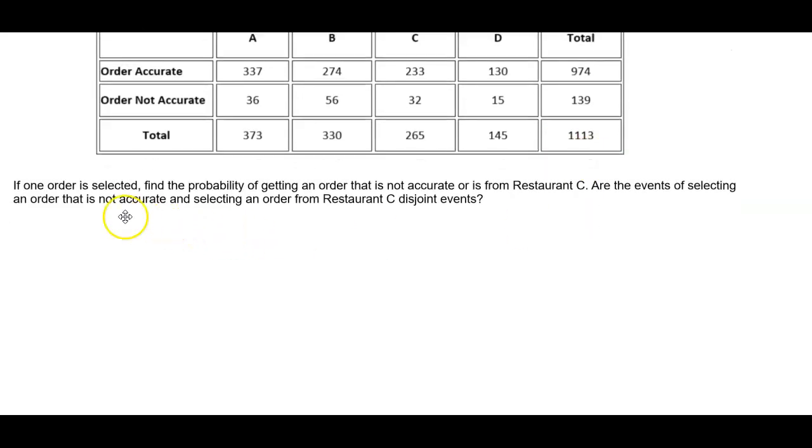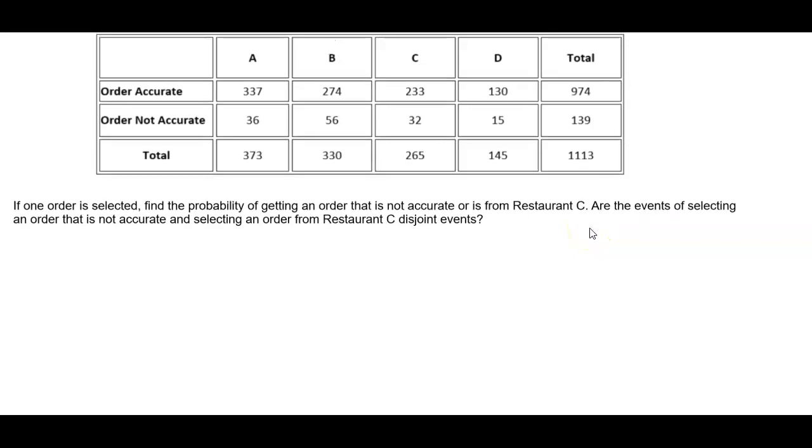Now the question says, if one order is selected, find the probability of getting an order that is not accurate or is from restaurant C. Are the events of selecting an order that is not accurate and selecting an order from restaurant C disjoint events? So the first thing is, let's take a look. If we look at restaurant C, the total is 265. We also know that the total for the order not accurate is 139,